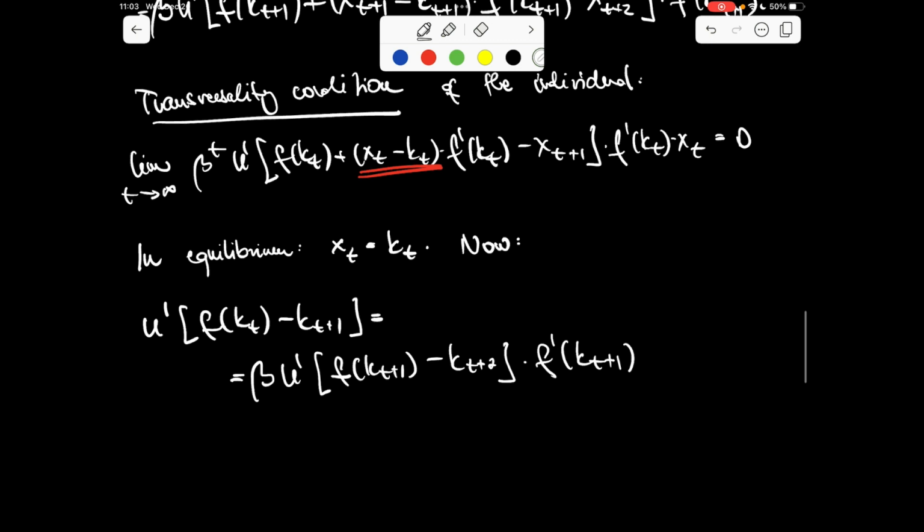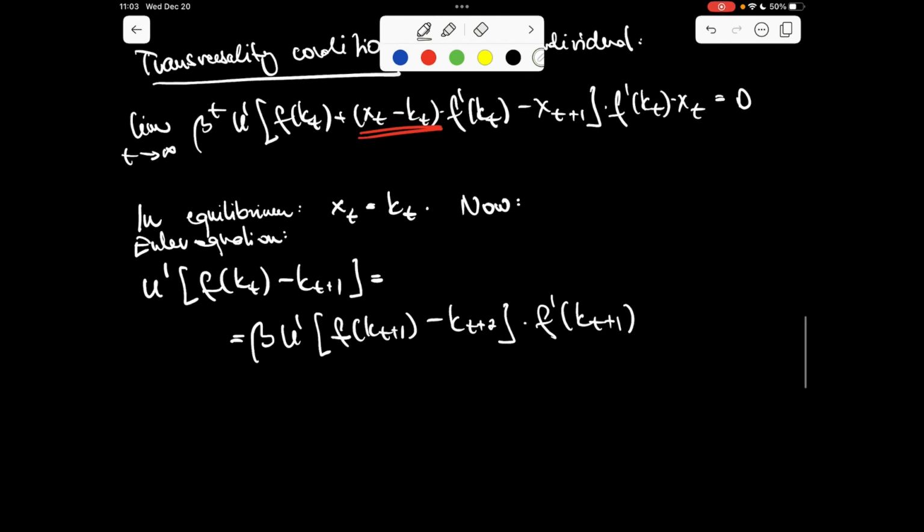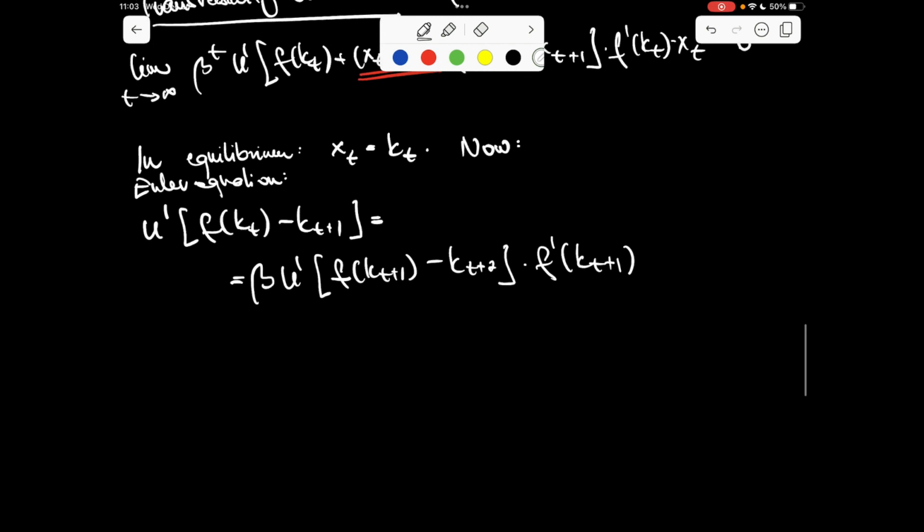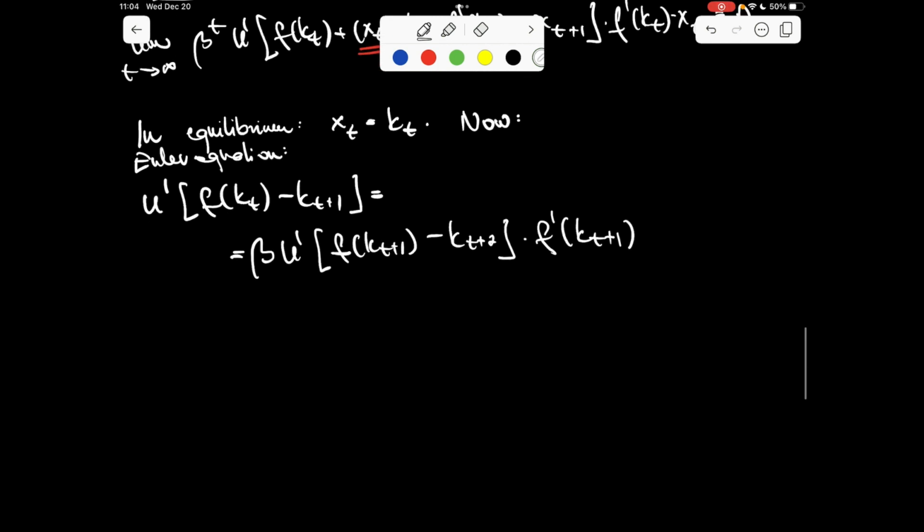So this is the Euler equation. This is the Euler equation in equilibrium. I'm just double checking, and I think it's correct. And the transversality